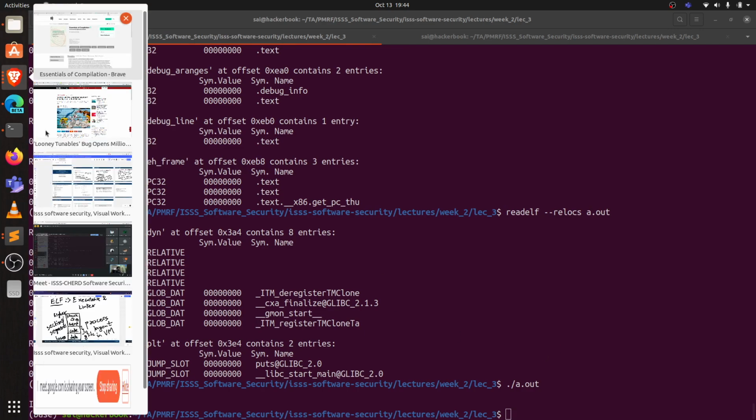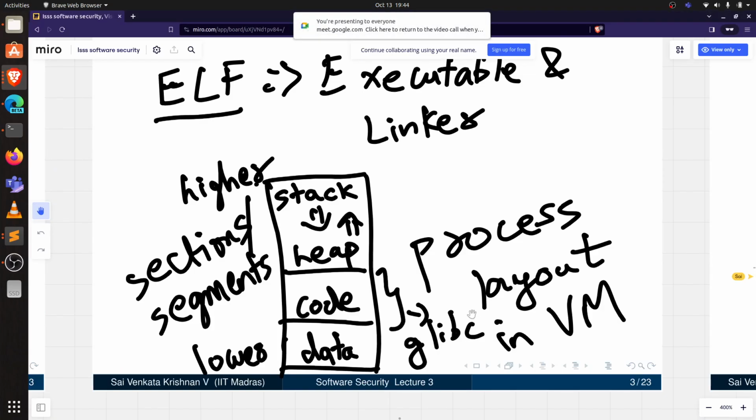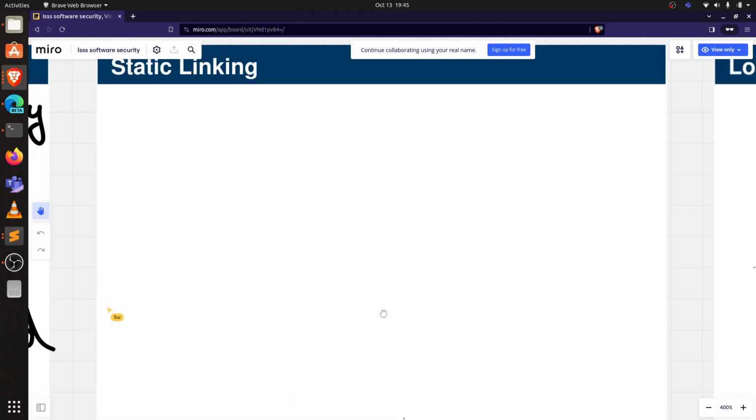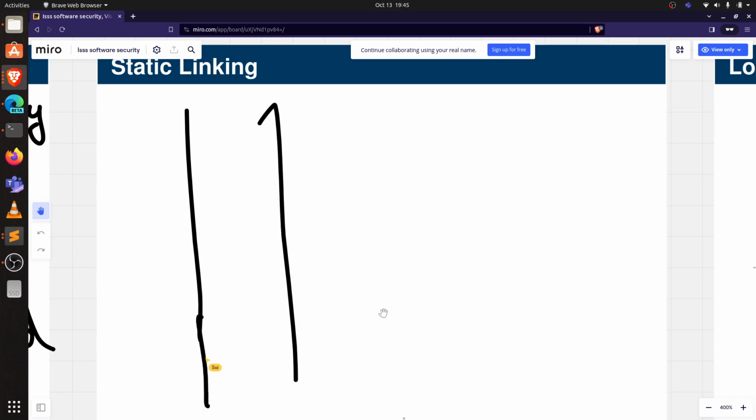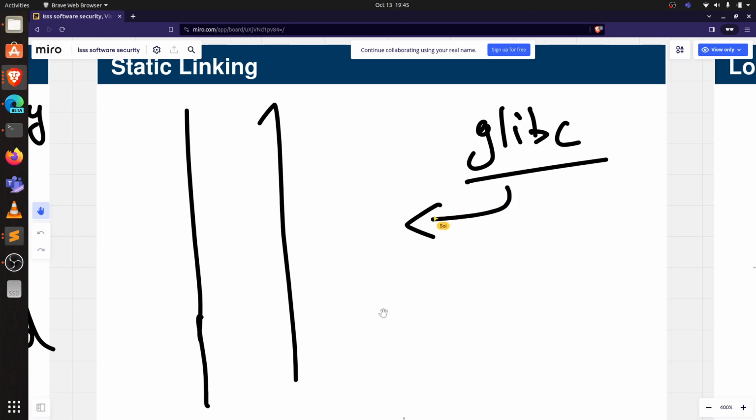Okay, so I mentioned that whatever code you are using in your process, your glibc code, the printf and scanf, which are defined in your library, the glibc library, these will be linked into your main.c, the final binary. So currently you will just be having your main function, but along with this you will